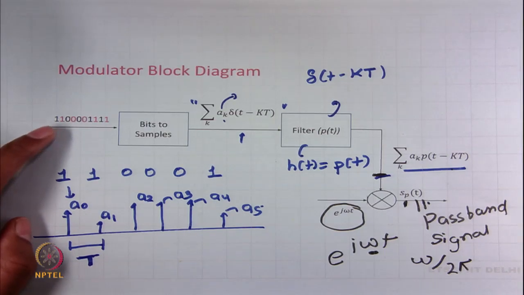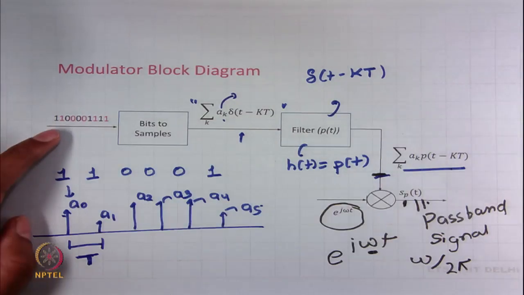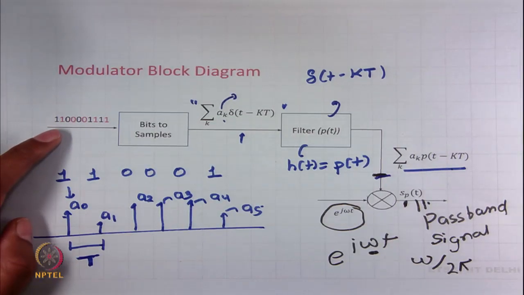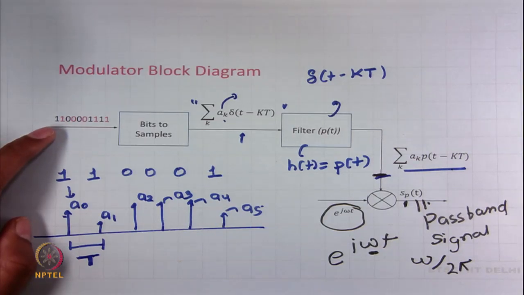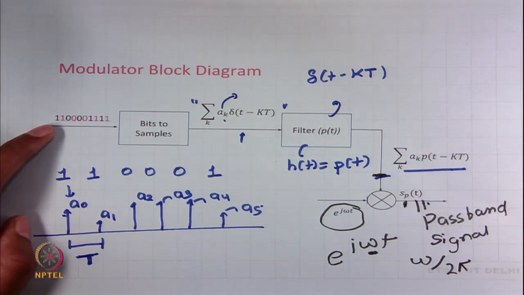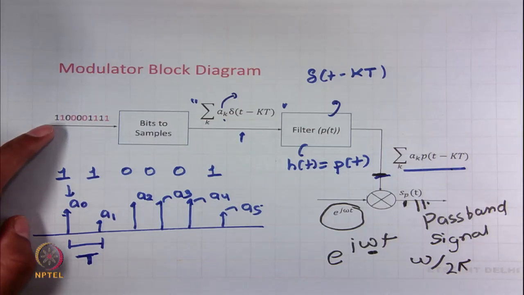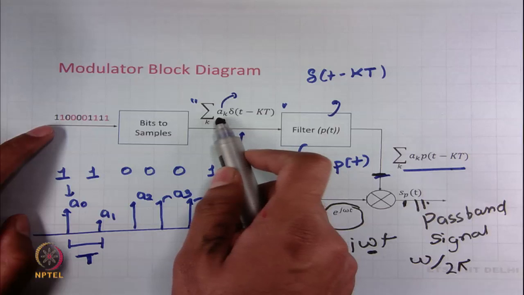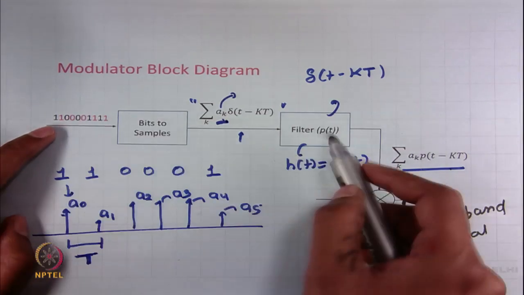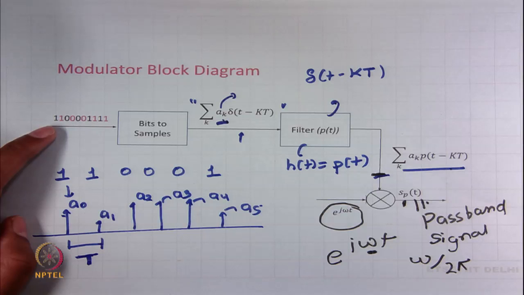One of the important parameters in a digital communication system is the bandwidth occupancy of the modulation scheme, because the operators have to pay for that, right. So, we want to minimize the bandwidth requirement for the given transmission of information. And we will see that the bandwidth occupancy is a very strong function of how you choose this AKs and how you choose this PT. Okay. So, this is what we are